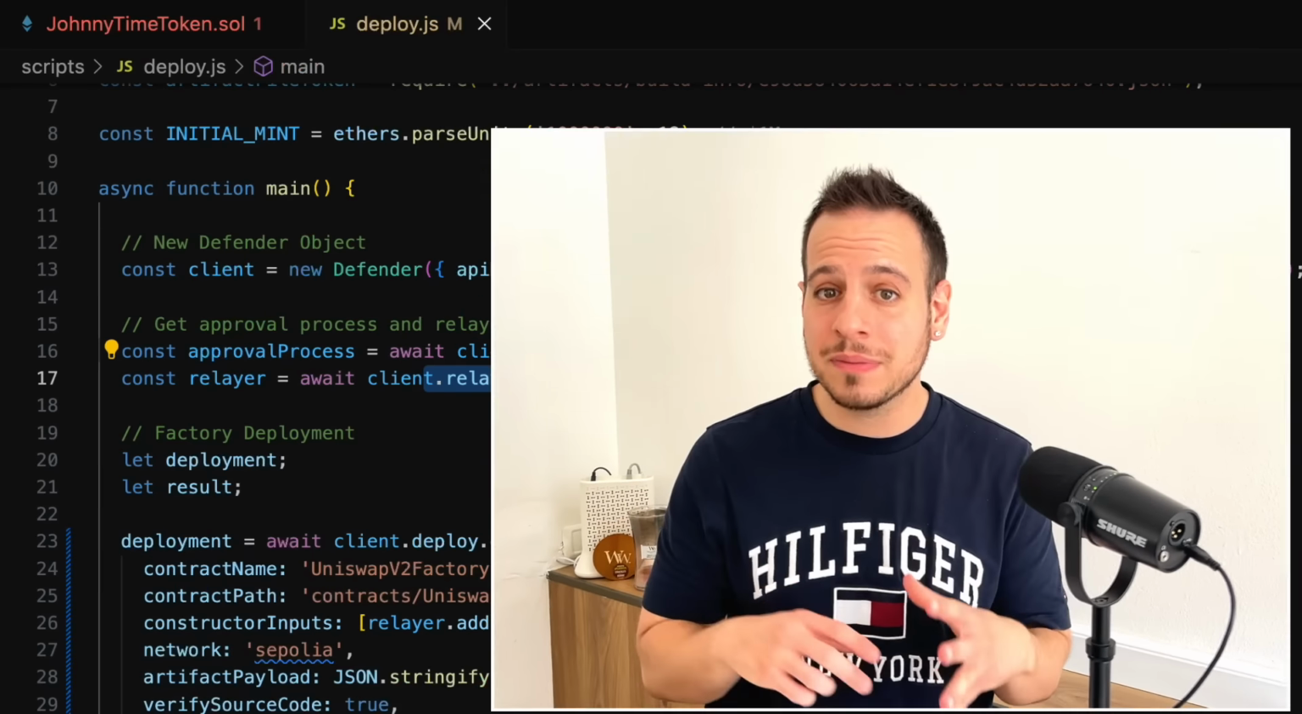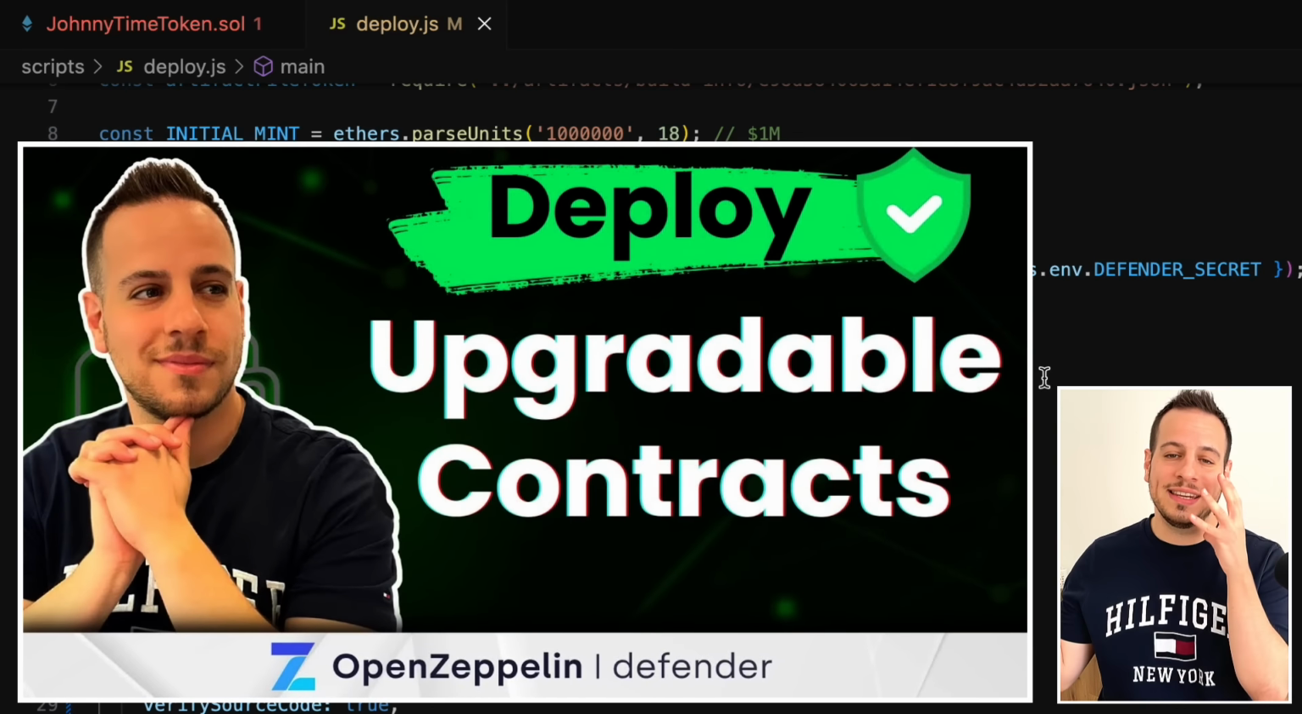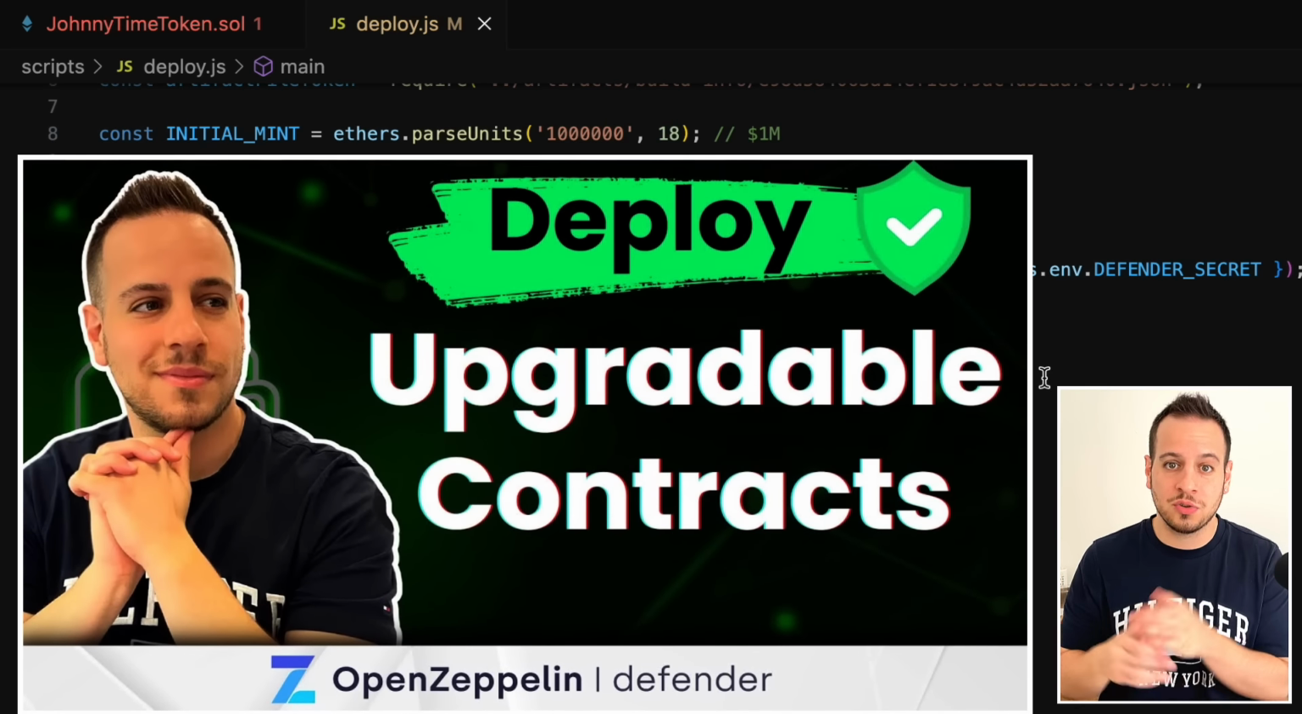So in case you have upgradable smart contracts, you define an approval process that eventually allows you to be the admin that actually approves the upgrades of your proxy smart contracts through multi-sig wallets, through Gnosis Safe. But again, this is something that we deep dive into in the deploy module complete tutorial, so check the video